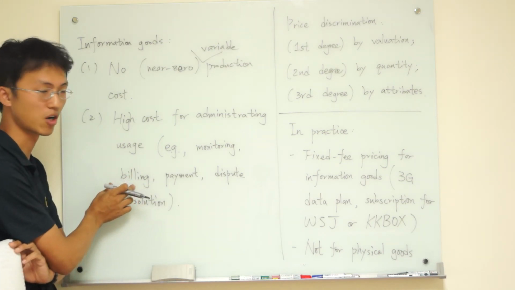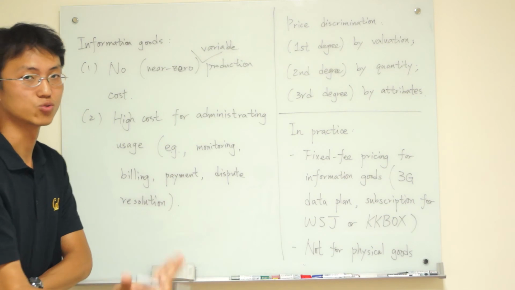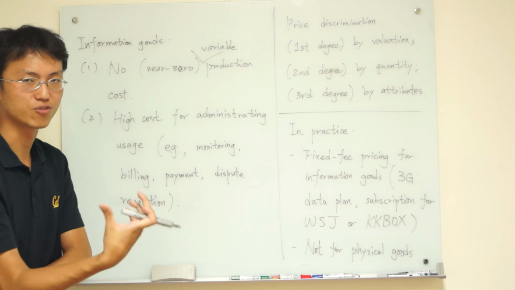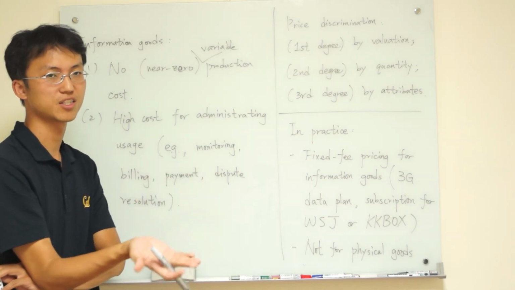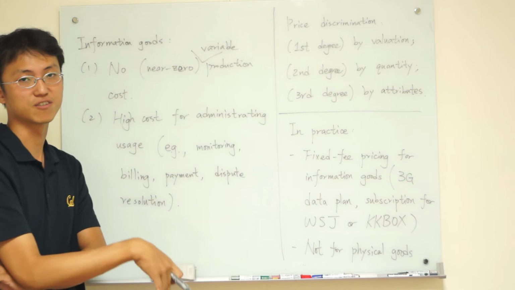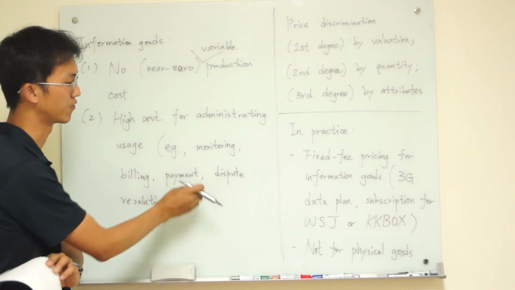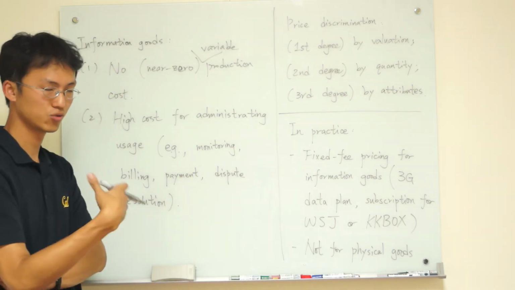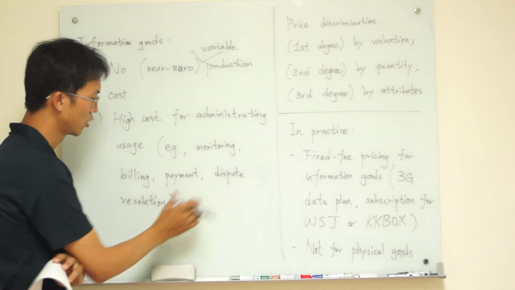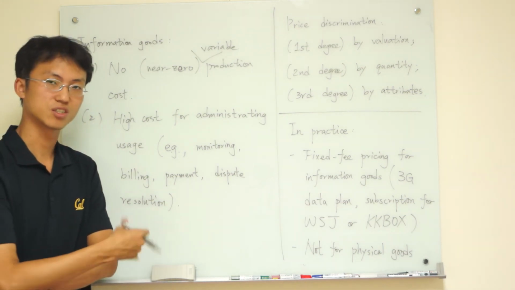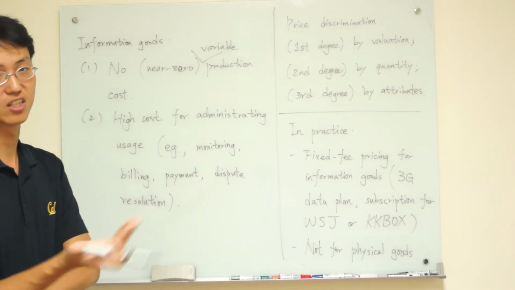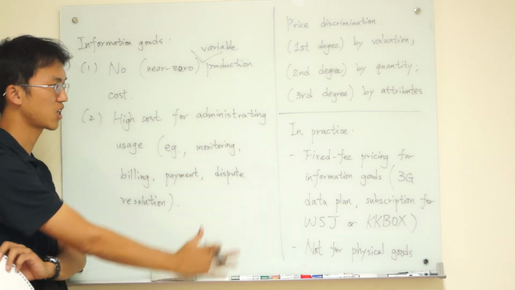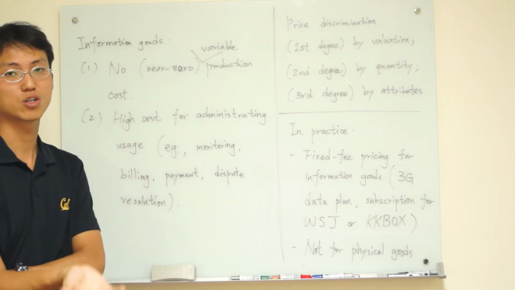Billing is a problem. You need to find a way to receive payments, and typically that's harder because it's easier for consumers to accept automatic transfers if they are paying a monthly fee, instead of something based on their usage. And also, you are more likely to have some problems with your consumers. They may say they didn't really use that amount as you monitored. So you have all these kinds of problems to handle when you want to use